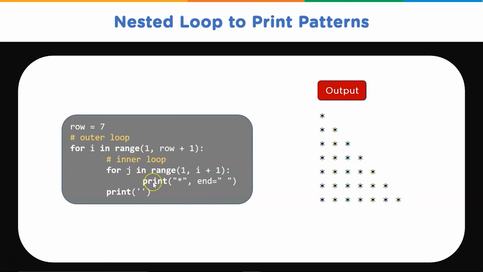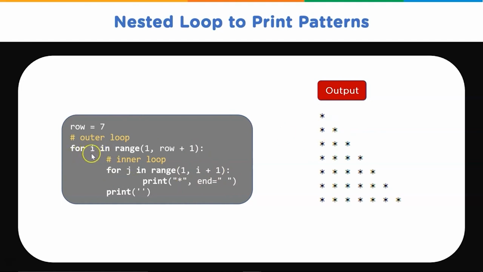So for the first iteration of the outer loop, the column count is 1. In the next iteration it is 2, and so on. The inner loop iteration is equal to the count of the columns, and for each iteration in an inner loop we print a star. So for the first iteration, when i value is 0, it will first print a blank. When i value becomes 1, then your j range becomes 1, 1 plus 1, which is 2. So it will print 1 star here followed by a space.